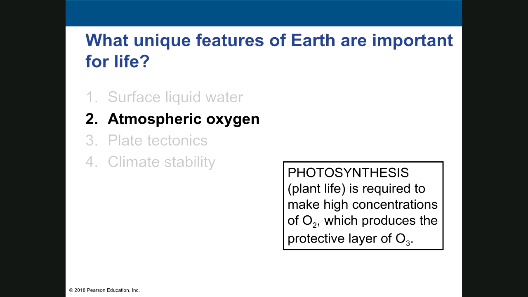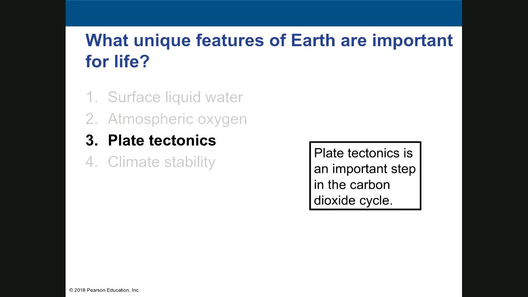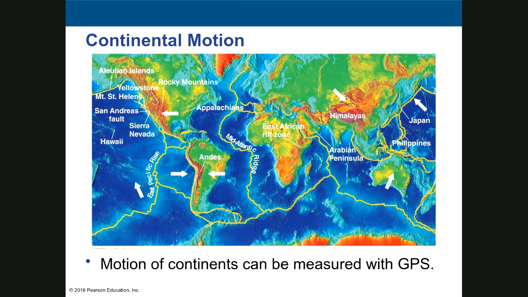Plate tectonics are an important step in the carbon cycle, the carbon dioxide cycle. So that's one of the things: without plate tectonics and moving, without an ability to reabsorb, more greenhouse gas just goes out into the atmosphere. And then, of course, we have everyone's favorite, climate stability. Basically, if you don't have a stable climate, you know, life,